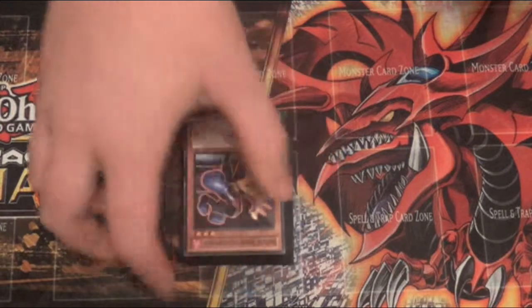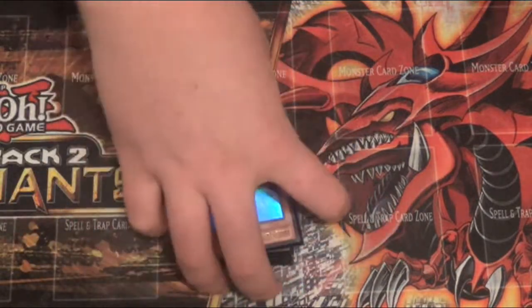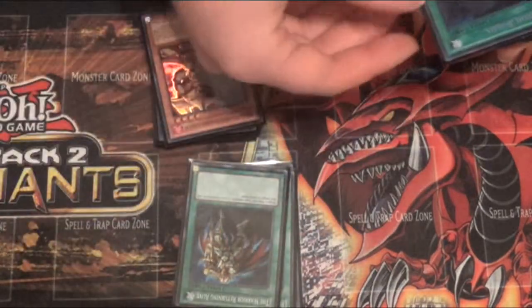Those are all the Battlin' Boxers. Then you got 1 Blaster and 2 Blue Flame Swordsmen. I'm trying to find a replacement for Blue Flame Swordsman, but right now I'm having a hard time with that. Those are the monsters. We have 1 Reinforcement, 2 Warrior Returning Alive,